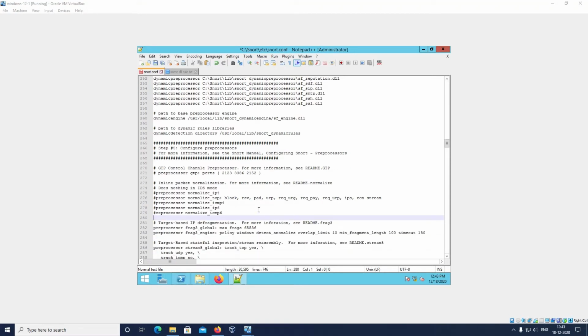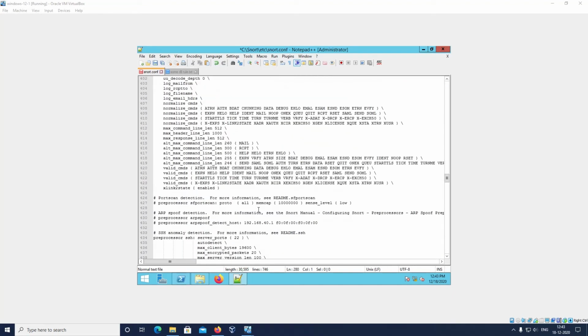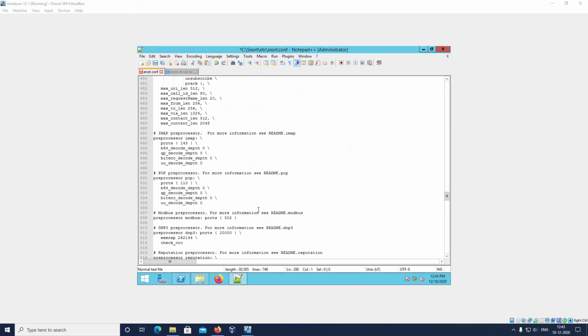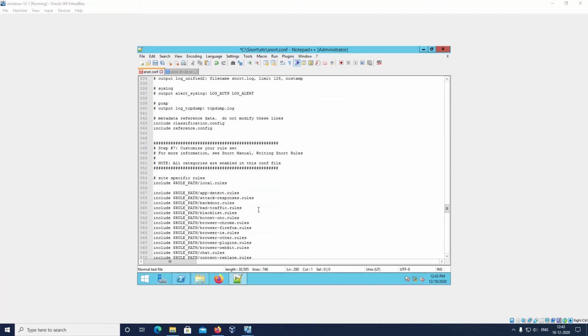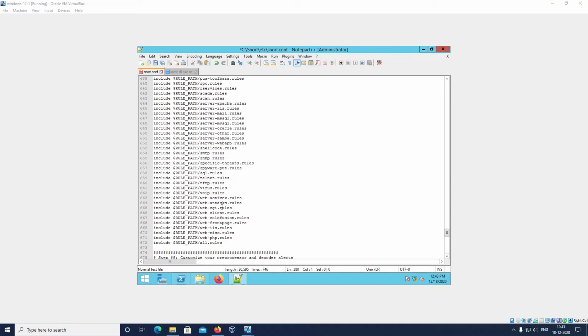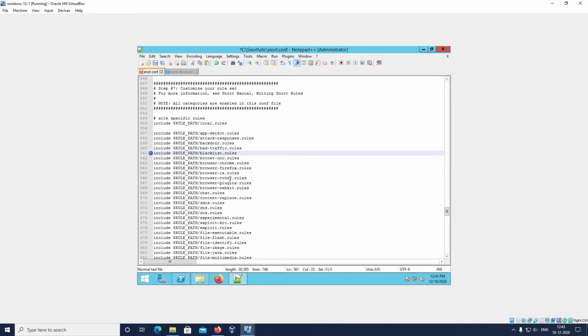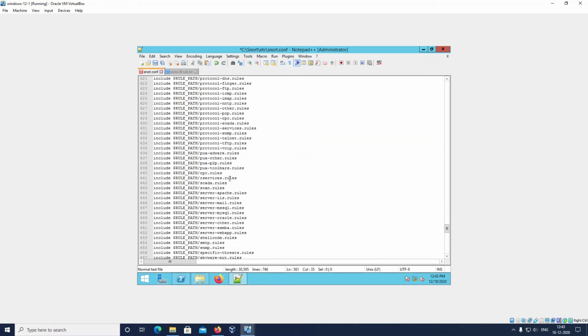Now we will go to the rules path, which will be down at the last of the configuration file. We have to add a line in the rules. Here we can see all the rules include the rule path. As we can see here, we have a blacklist dot rules. Same like this, we have to check if there is a whitelist dot rules present or not.